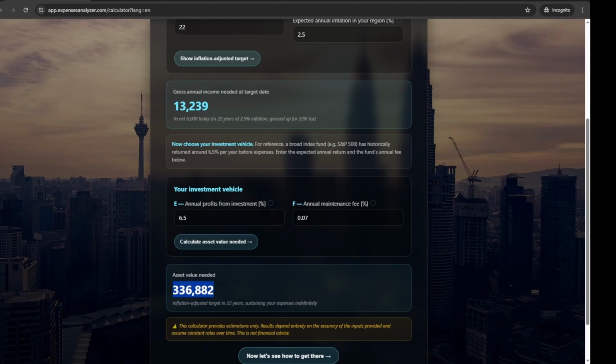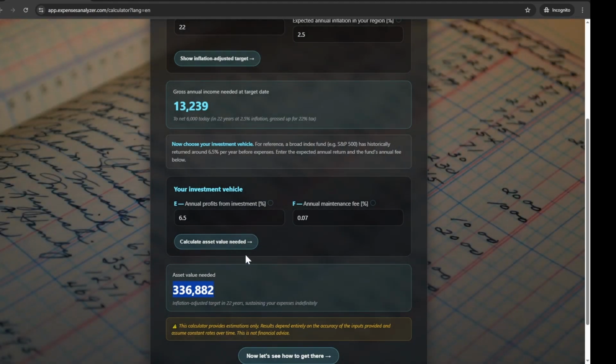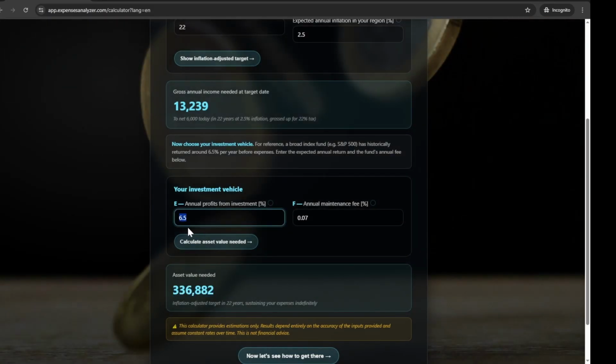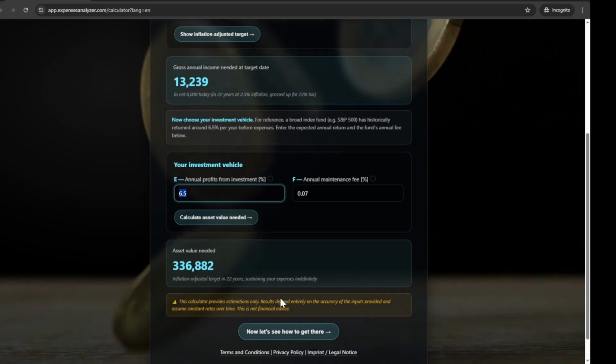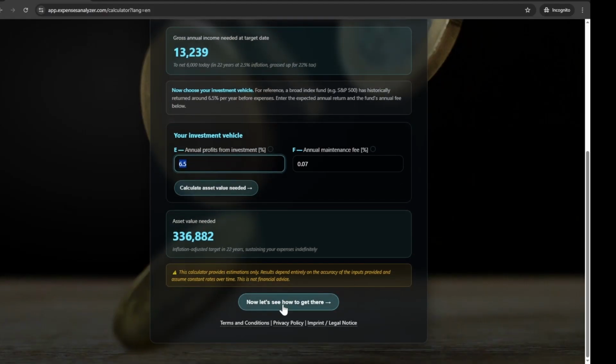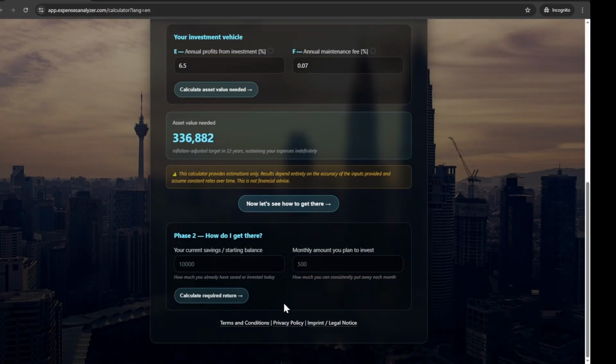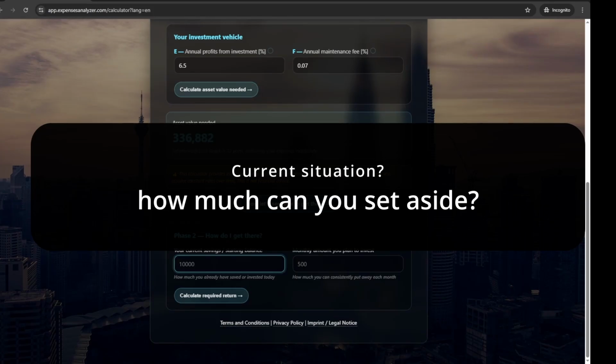In 22 years, we need to reach this amount of money. So now, how do we reach this amount of money to be invested in the vehicle that is giving 6.5%? Well, we will need to save money until then. And what is your current situation? Today, how much money could you have